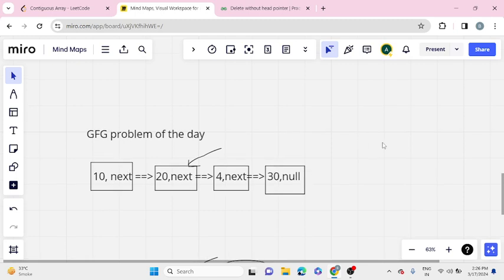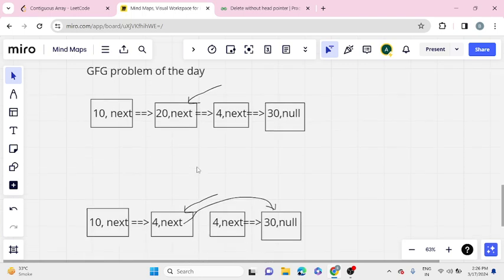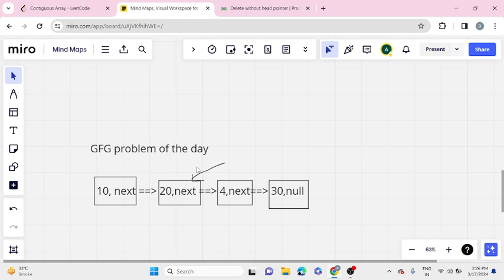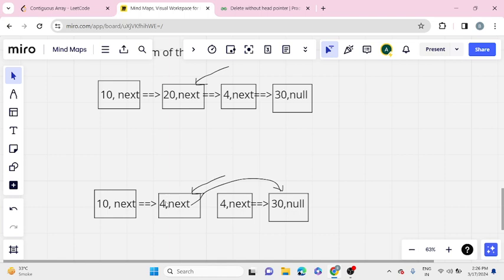So let's take the example of this linked list. The values are 10, then 20, 4, and 30, and the delete node is 20, which is the node the pointer is pointing to. We are not given the head of the linked list, and we know that it will never be the last node of the linked list. So what we can do in this case, as the node is provided, is